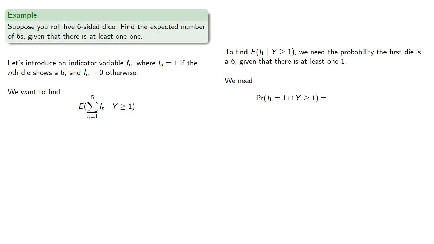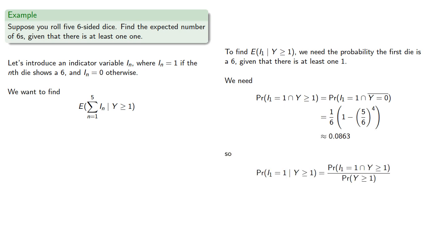And remember, the complement is often easier to work with. This y greater than or equal to 1, that's complementary to y equals 0. And here's the important thing to remember. These are actually independent events. The probability the first die is a 6 is independent of the probability that the other dice don't include any 1s. And so we can find this probability by multiplication. The probability that I_1 equals 1 is 1/6. The probability that there are no 1s in the remaining dice is, and the complementary probability will be, and so this probability is. And so our conditional probability is,